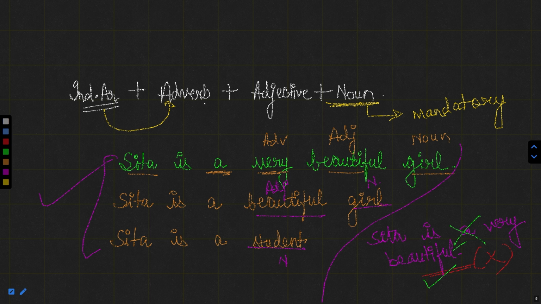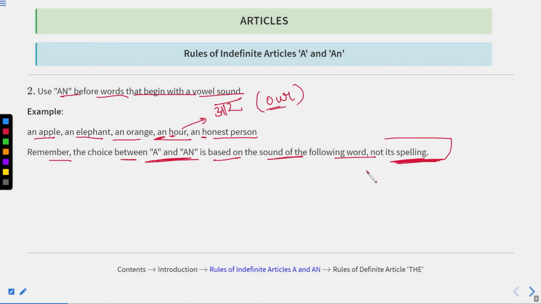Now, this is actually the concept of using the indefinite article before the noun. And there are various other concepts where we can ignore using a or an, or where to change the position of a or an in a sentence. We will discuss those situations later on. Now, I hope that you have understood this concept, and it is really very, very important for placing an article before the noun in a sentence. Okay, now let us move to the next slide.